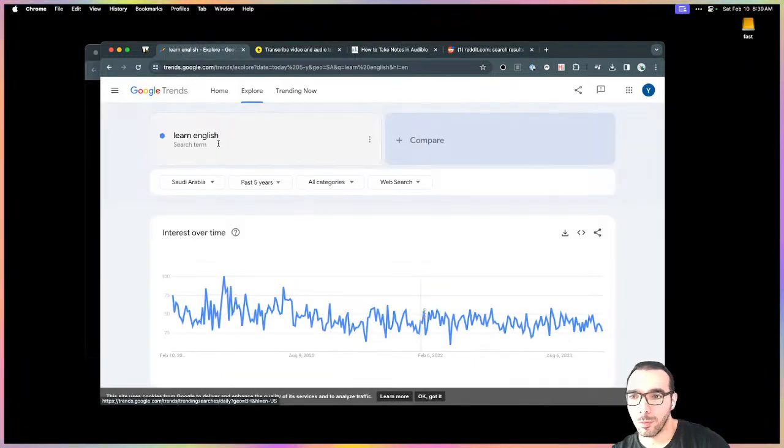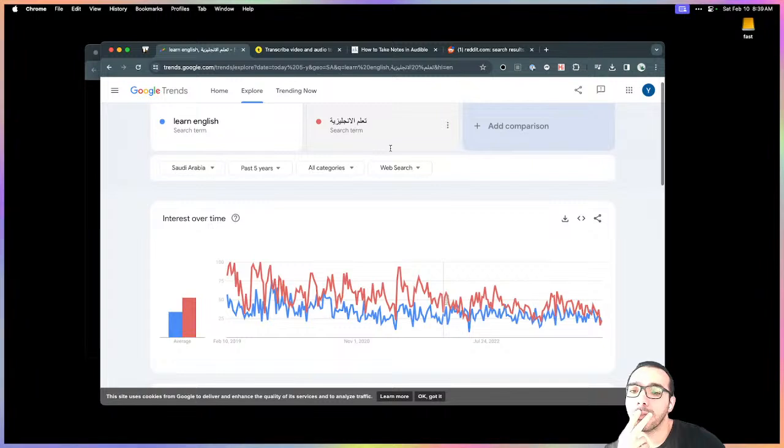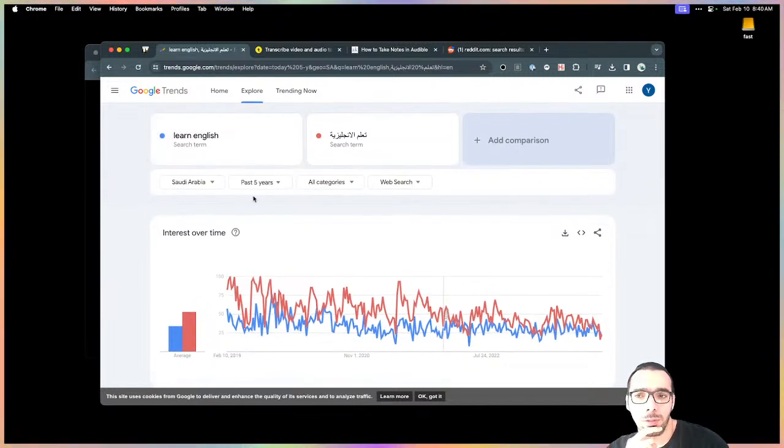I'm just trying to type in the word in Arabic. Let's see. Oh, that's dropped too. Interesting. Oh, it's 5 years. I'm surprised. Why does interest in learning English, why would it have dropped in Saudi? What about worldwide?